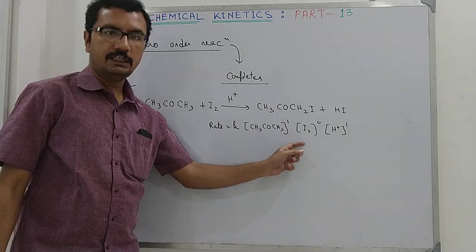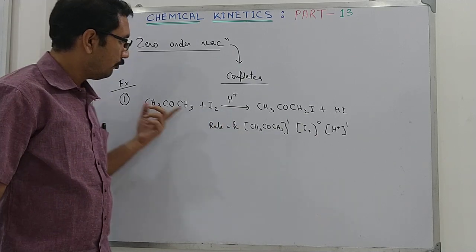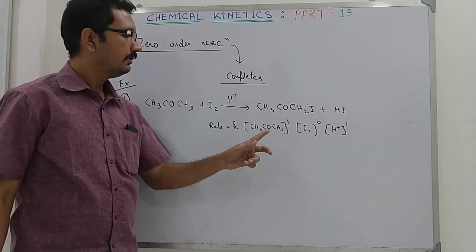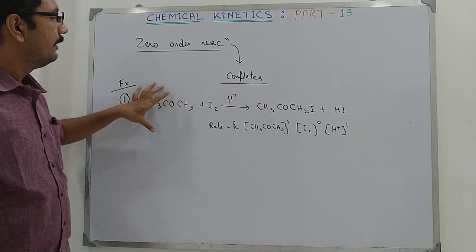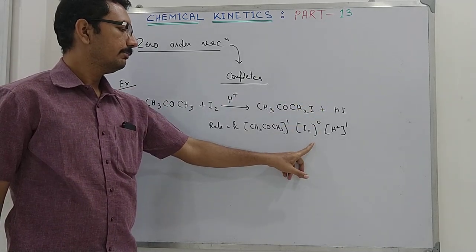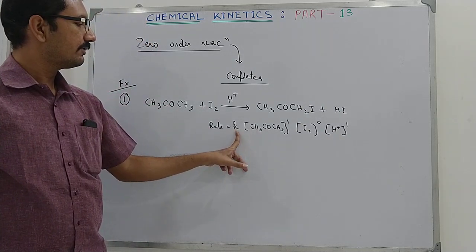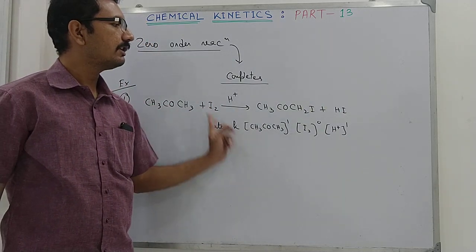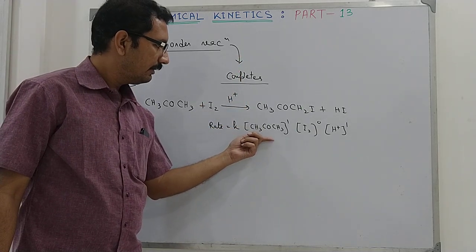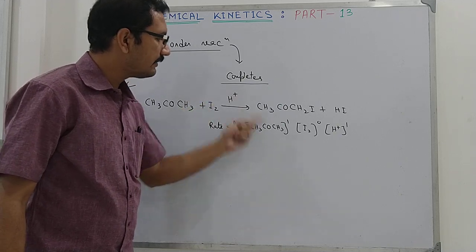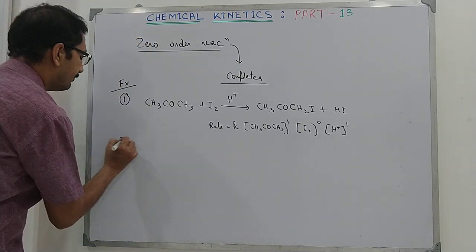Now in this example you see, you did not get the zero order reaction. The overall order of the reaction is not 0. It is 0 order with respect to a certain reactant. So the actual kinetics of this reaction is second order. But this acid will remain constant, so we can multiply it into this rate constant. So it will act like a pseudo first order reaction, which I will discuss in part 15. But you see here, can you get this overall reaction to be 0 order? No. So let us take another example.